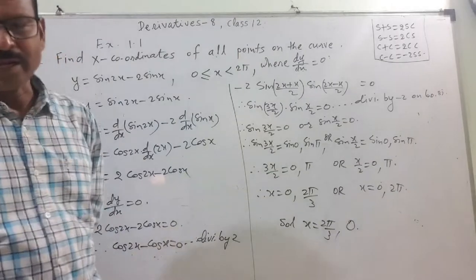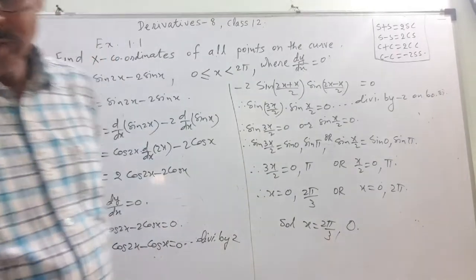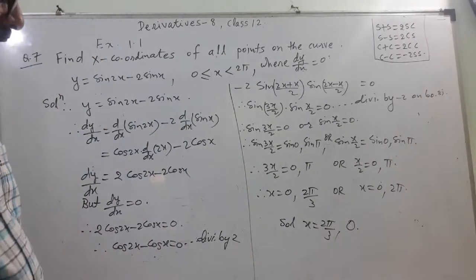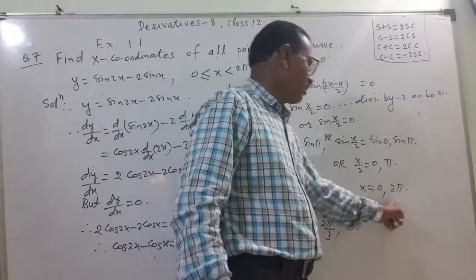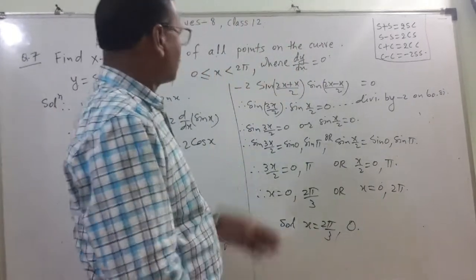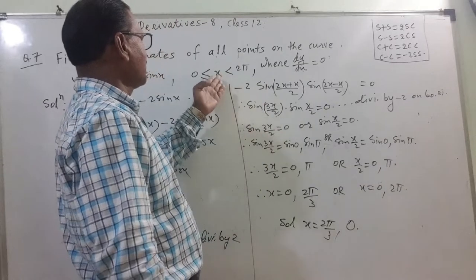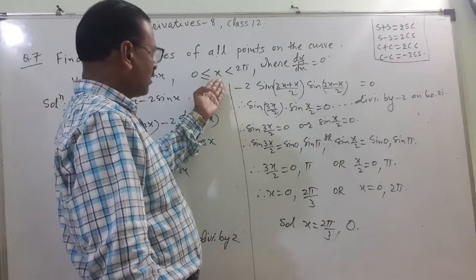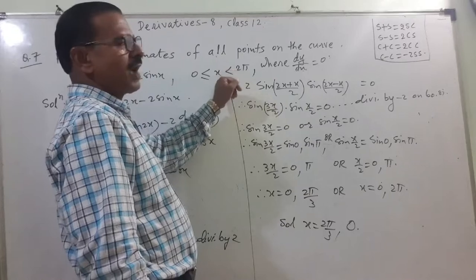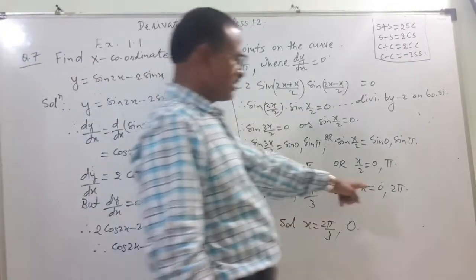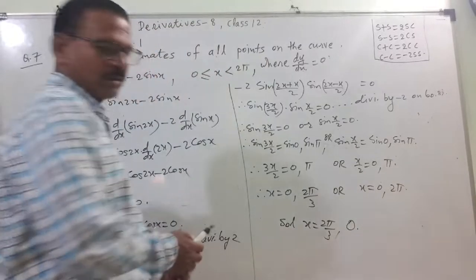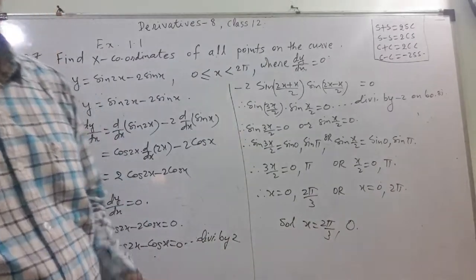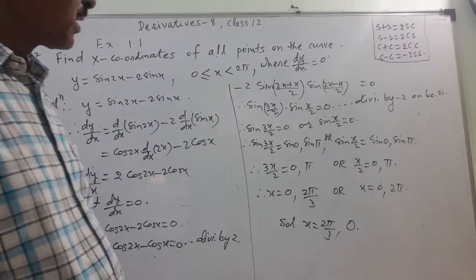This is in radians. So that's all in this lecture. In the textbook the answer is given as 2 pi, but I don't think it can be 2 pi because x is less than 2 pi. So this answer won't do. Okay, then bye till then. We will see in the next video.